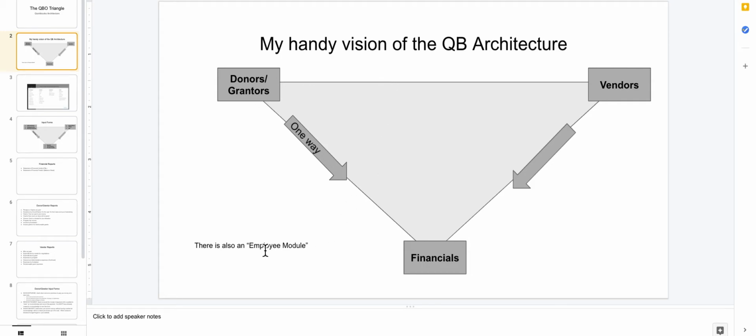I don't talk about the employee module because these are the different modules. You aren't using that, and therefore it's not part of this discussion. So QuickBooks is divided up into the donors or grantors, could also be customers module, vendors module, and then those both feed the financials. And of course, QuickBooks is a financials module. But you also want to track activity by donors and grantors, and you want to track activity by vendors to